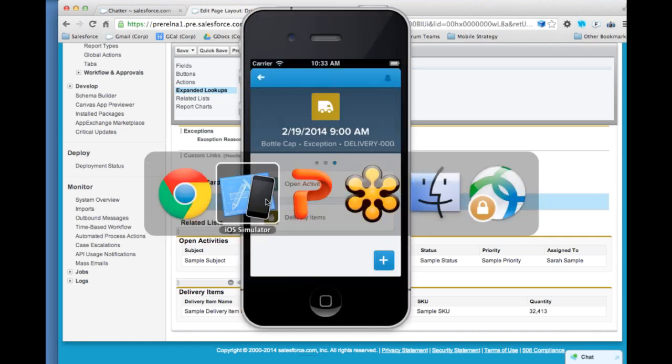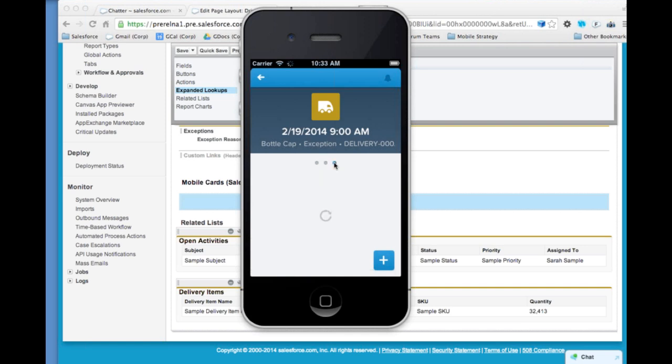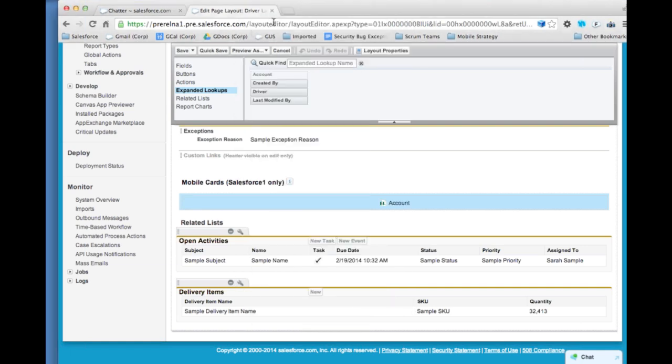And if I go back, and again, all I have to do is refresh. I don't actually have to do anything special. I can now see information about the account, the Bottle Cap restaurant, located in San Francisco, California, and here's the phone number. And the information on this card is also controlled by the compact layout, but it's the compact layout for the lookup object, so in this case, the account. And I think that is basically all I have to show you for the demo, so I will turn it